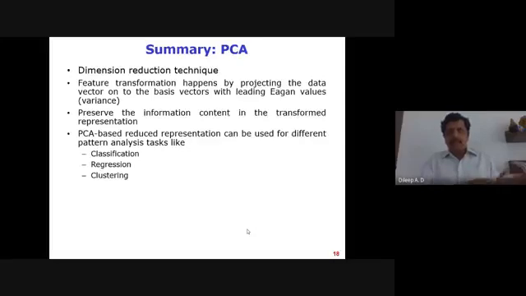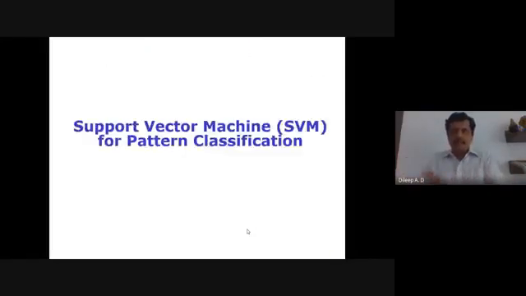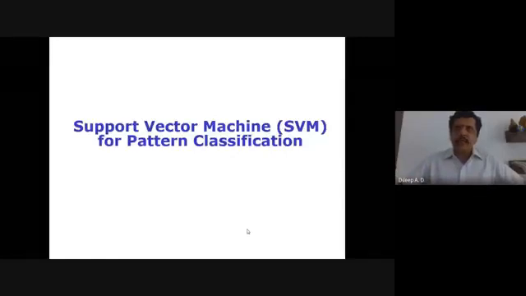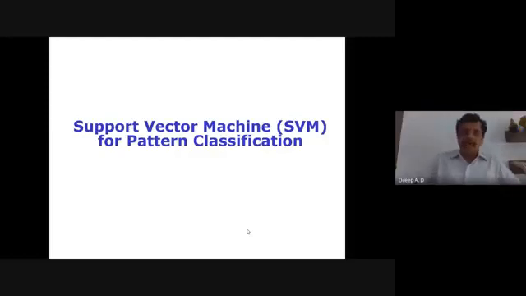So now I'm going to the other dimension, that is the classification technique, where we'll focus on the techniques followed by the support vector machine for doing this pattern classification. Here I would like to make one clarification before going further. Most importantly, when we say PCA, PCA is not a classifier. Please keep this in mind.